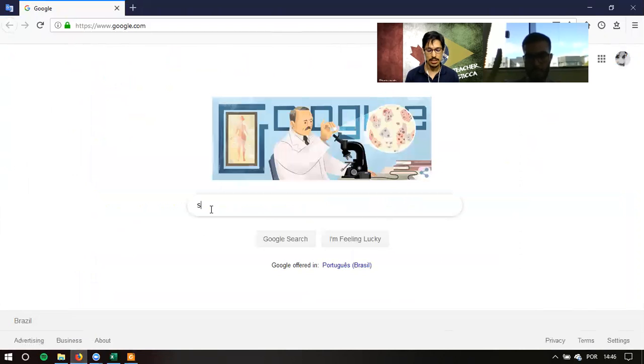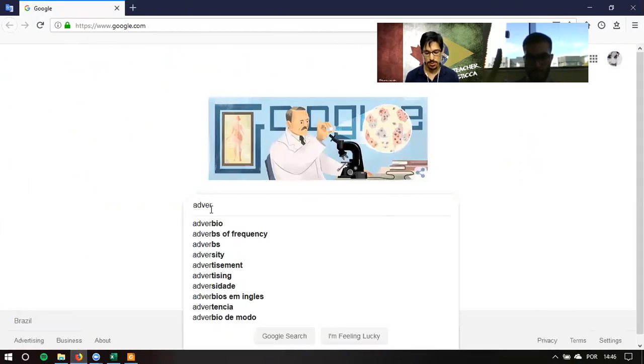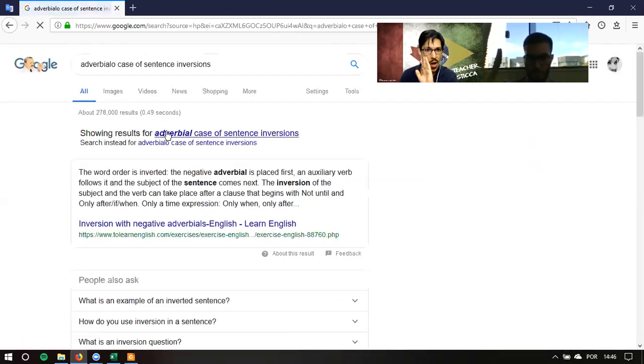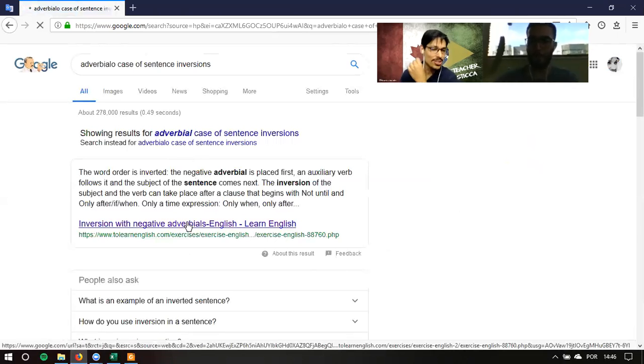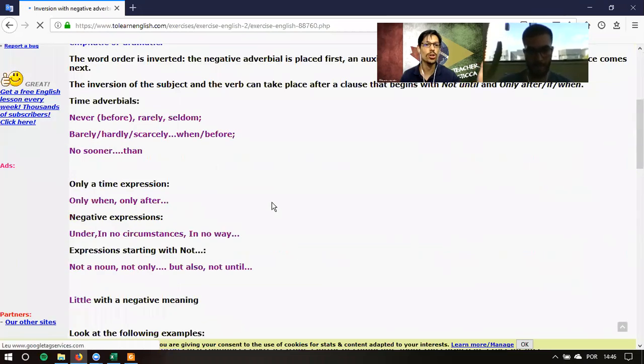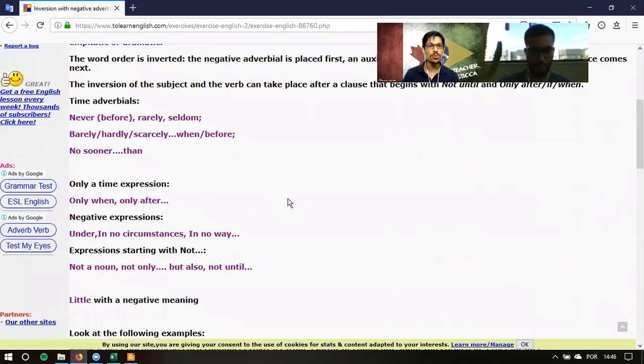Adverbial case of sentence inversions. It's not only negative, but this is a good start. So you see, dude, that